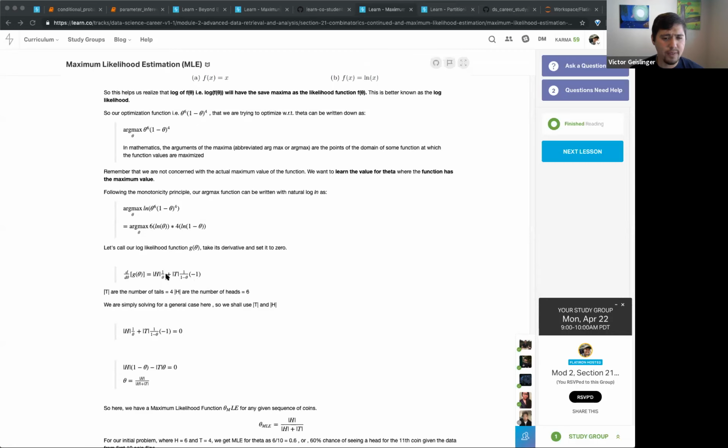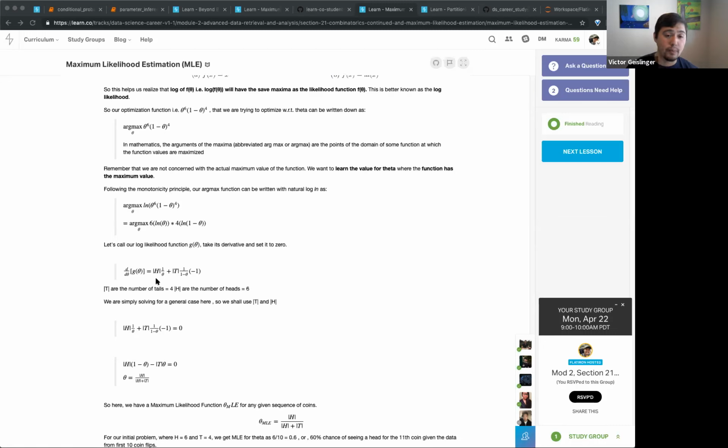And then you'll notice that they have h and t here, because that's just the 4 and the 6, basically how many times that happened. In this case, we had 6 heads, so it's raised to the power 6. We had 4 tails, power of 4. So we just get this number right here, and now we have something really simple to actually write out. We don't even have to take the derivative anymore. We can just simply write this out.